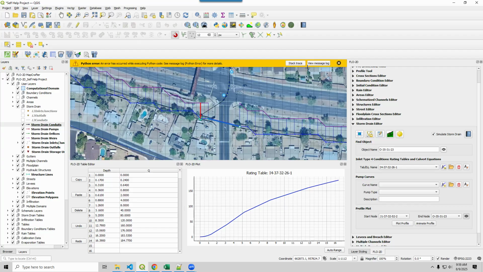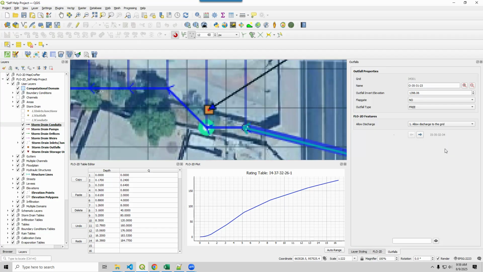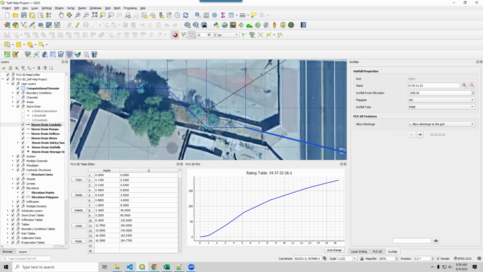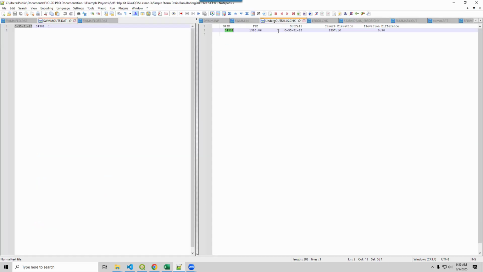And in this case, hang on a second. Sorry about that. I'm not sure why that didn't show attributes. Oh, I think it's because we already have it in here. Yeah, sorry. So this one is 1398.06. It's exactly the same because I already changed it in a previous video. But you can see right here that